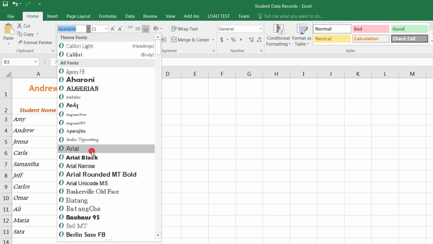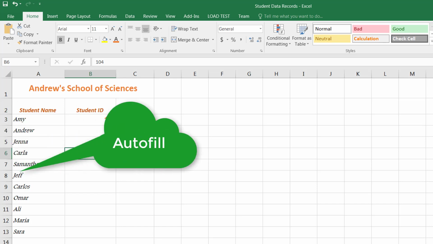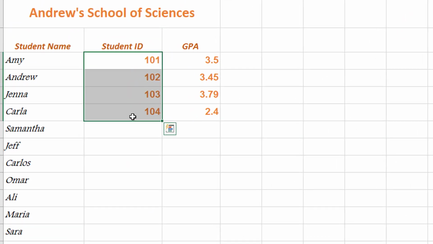Okay, now, what I would like to teach you next is how you can do autofill. In order for you to autofill, you need to have a certain format going first of all. For example, over here, I have a format going 101, 102, 103, 104. So there's a format going, meaning all the numbers are separated by 1 in between them. So if I select these cells, using one of the many ways that I've already taught you, Excel is smart enough to understand the pattern